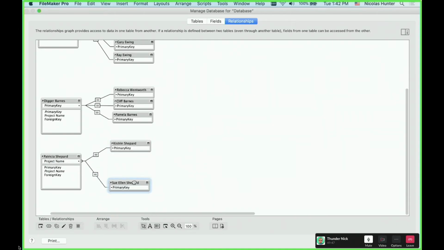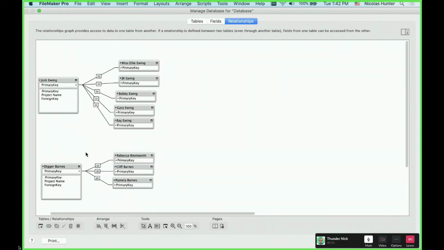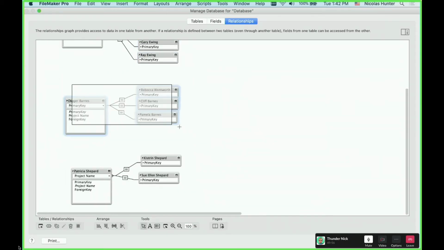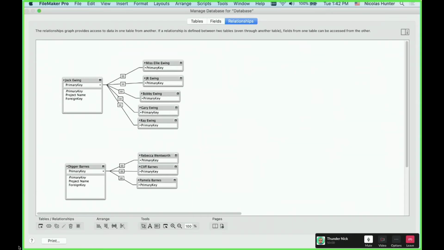For the moment, like I said, we don't care about the relationship here. What is important to see is that I have three Anchor Buoys: the Ewings, the Bonds, and the Shepherds. Okay, so this is what I have. So let's say now I'm